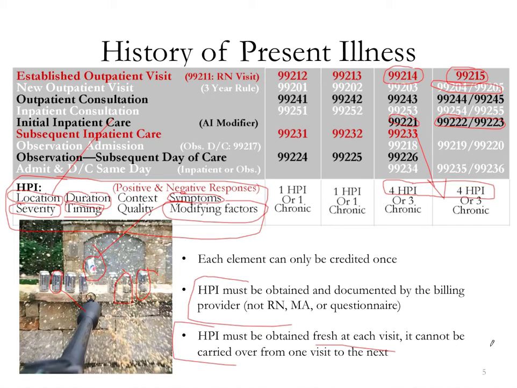So let's take a pause here and go to a couple of questions just to make sure that you understand this part. As I mentioned, this is the most common limiting variable in cardiology notes, so it's extremely important to fully understand that you've got to hit 4 HPI variables to support your most common services. You get credit for positives and negatives, and you can only get credit for any one of the 8 HPI variables one time. So saying that the patient denies chest pain gives you credit for symptoms. Saying the patient denies chest pain, shortness of breath, paroxysmal nocturnal dyspnea, nausea, vomiting, and